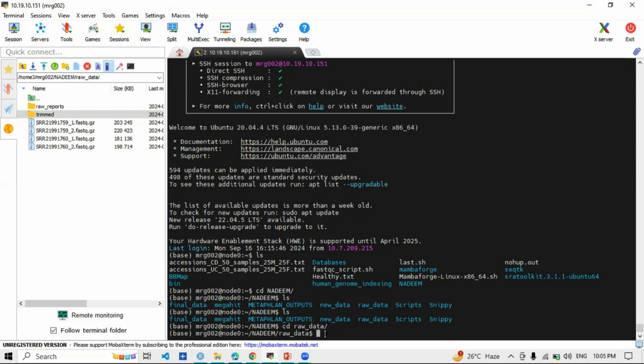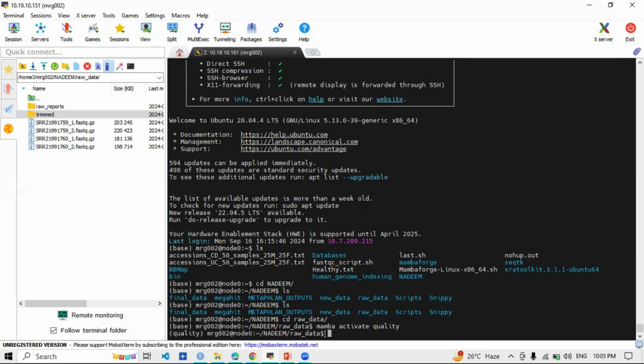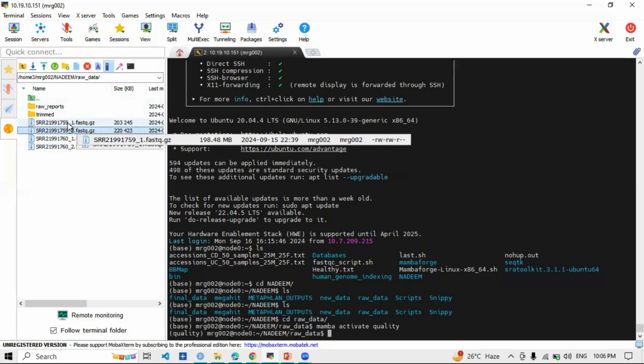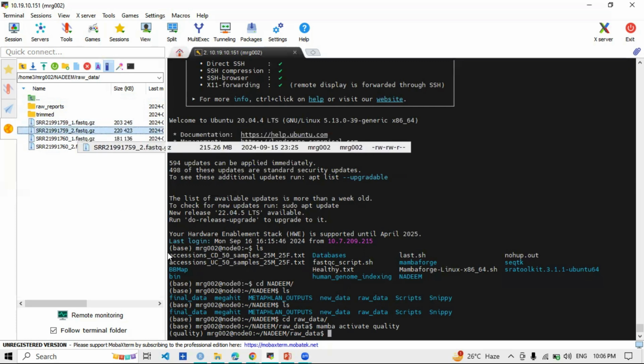So I have installed Fastp in my specific environment, and I want to activate that environment. I have made an environment named quality, and inside that environment I have installed Fastp. I'm telling you again and again just to make you understand. So I will activate that environment: mamba activate quality. Now I'm going to pre-process this sample, this 59 sample, because I have gone through the quality report of these files,